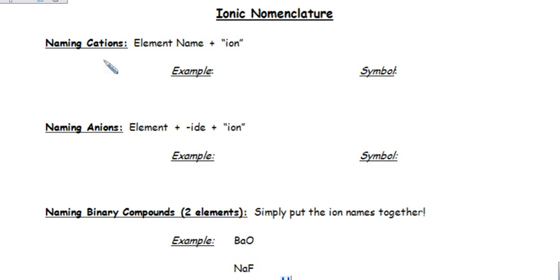Cations are positive. And so we could say, let's use sodium, for example. We could have a sodium atom, and the symbol is just Na. The sodium atom is neutral because we have 11 protons and 11 electrons. Neutral. If I mean for it to be an ion, we just say sodium